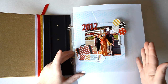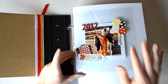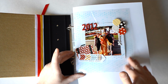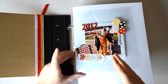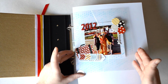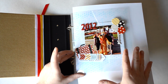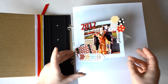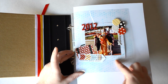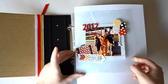People who have been watching me for a while will know that I'm not very good at stamping. I did give it a solid effort, but it just wasn't working. It was too slippery of a surface. The StazOn worked awesome, but the stamps that I had weren't as graphic as I wanted them. And so my mom lent me some alcohol inks, and so there's 3 dividers that are acetate transparencies,